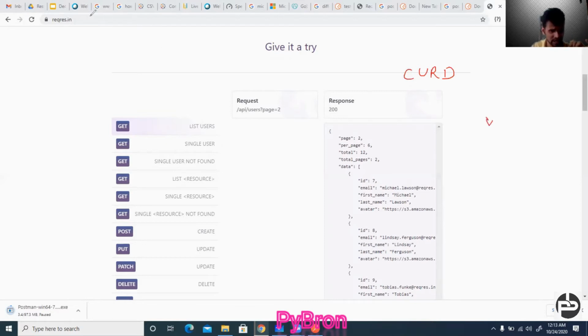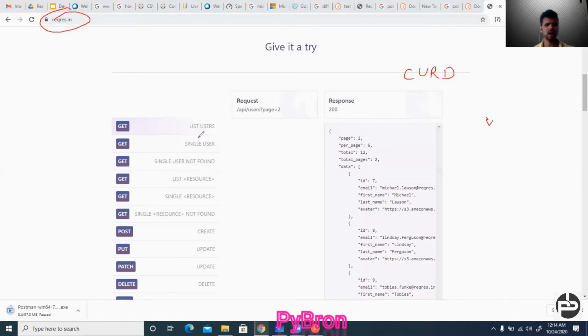So this is one site, REQRES, where you will get a simple API. But if you are in the learning stage or you are a student, then I am going to provide this link, and from there you will get a simple API to practice. Whoever is watching this video who has some experience and has their official APIs, they can automate and test them.